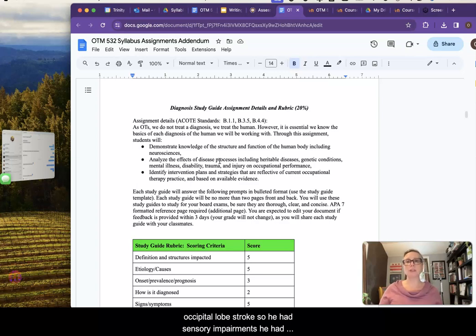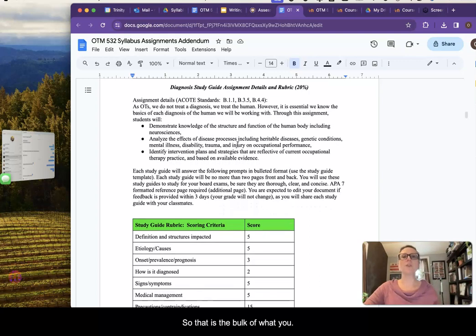So he had sensory impairments, he had visual impairments. So not only on top of his weakness from the cerebral palsy, he now had weakness because of the stroke and other visual and perceptual deficits. So I had to really understand what all of that looks like together to most effectively be able to evaluate and treat this gentleman and create an intervention plan. So that is the bulk of what